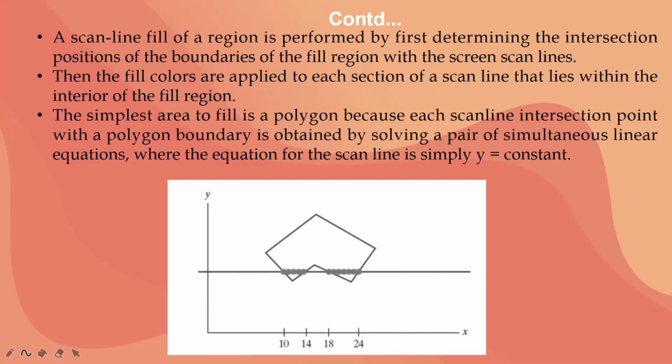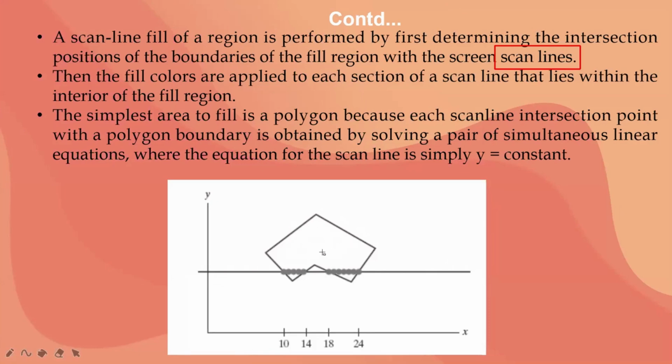So I'll just mark over here what I'm going to call it. I can call it my scan line. This is a very important point you have to remember: we cannot call this line the axis. We have to call it our scan line, because we are going to scan and fill the color. We are going to apply the algorithm on this scan line, which will be the interior part of your polygon, or you are going to fill the interior region of this polygon.